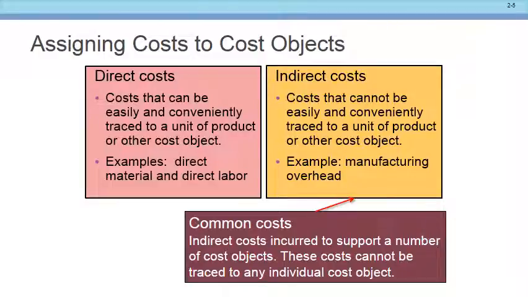So anyway, we've got the materials now that are going to go into this sandwich, and we want to figure out whether they are direct or indirect. How about the bread? Bread is direct. Every sandwich has 2 pieces of bread unless it's an open-faced sandwich in which you would only have 1 piece of bread, but we can trace it, can't we?